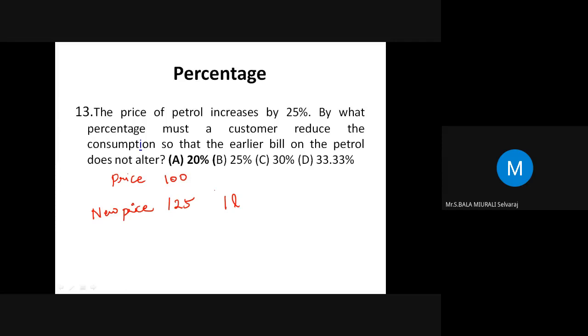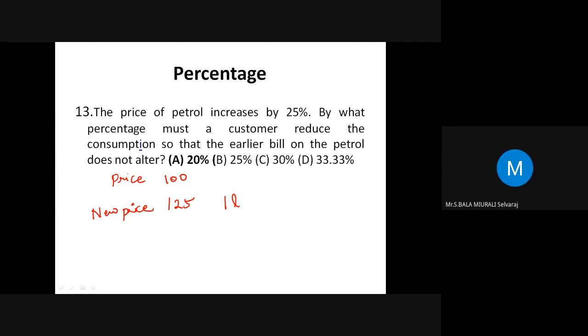So how much would you get now? 125 is the 1 liter price. For 100 rupees, how much will you get? Let us assume that you are running the petrol bunk. 1 liter is 125. Somebody is giving you 100 rupees, and whatever comes for 100 rupees is okay. So how much quantity will you give them? You are the owner of the petrol bunk now. Now decide. 800 ml, sir. 800 ml. Very good. So how is it 800 ml?